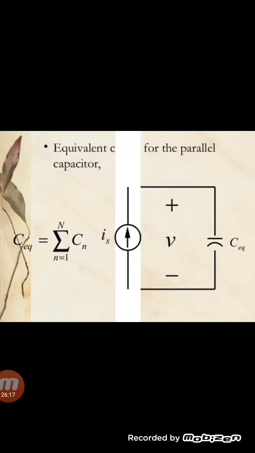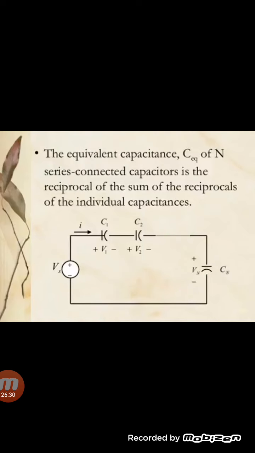In fact, this is very important. Equivalent capacitance depends upon how many capacitances are attached over here, and what the capacitance is. Equivalent capacitance of n series connected capacitors. Students, this is the series combination. Previously you studied the parallel combination, and this is the series combination. So in the series combination, this is